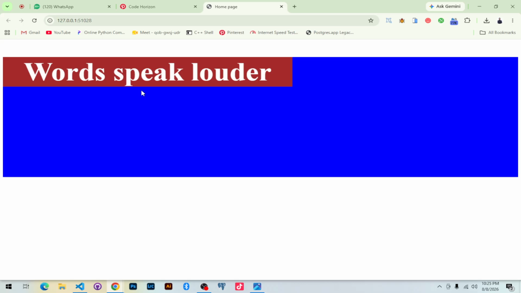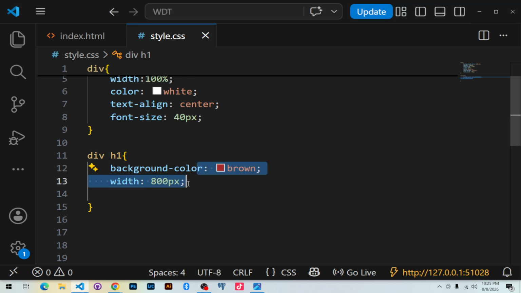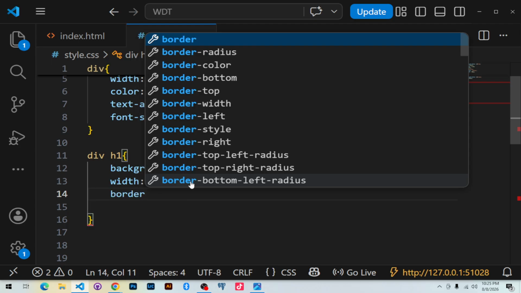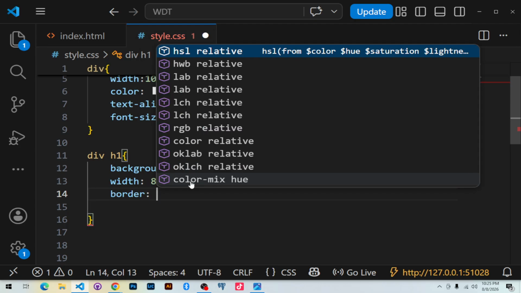Fine. Now we want to experiment with the border. Okay, let's say border. For the border, there are some values that we can give to the border property. Let's give it a size. Let's say